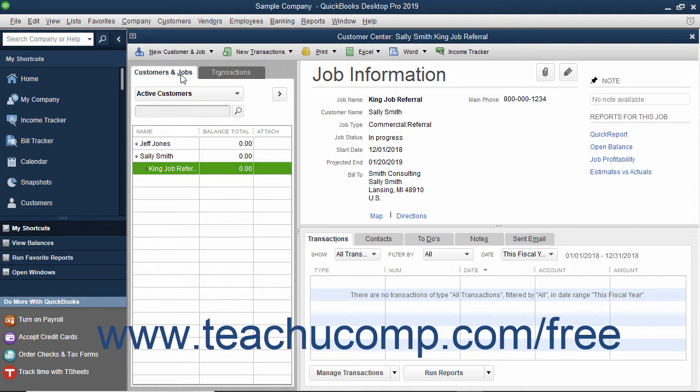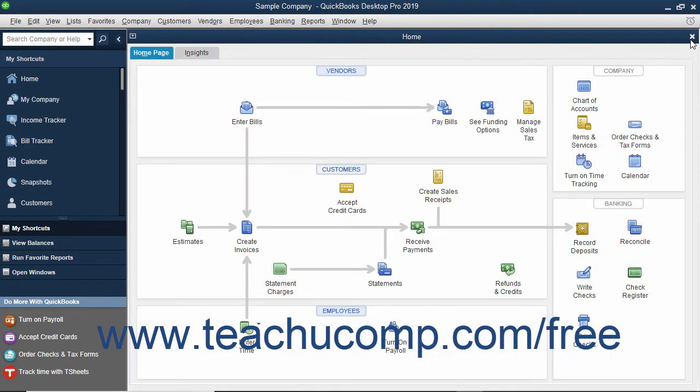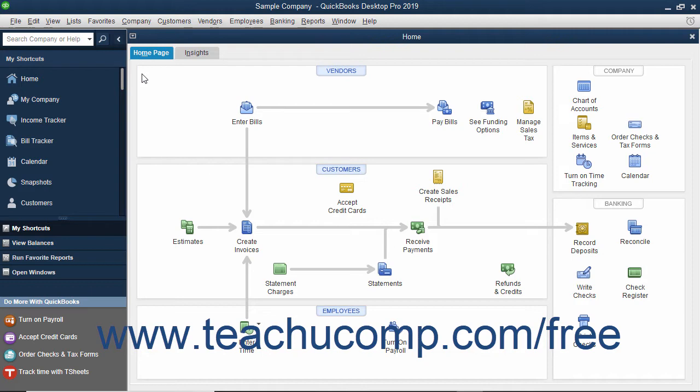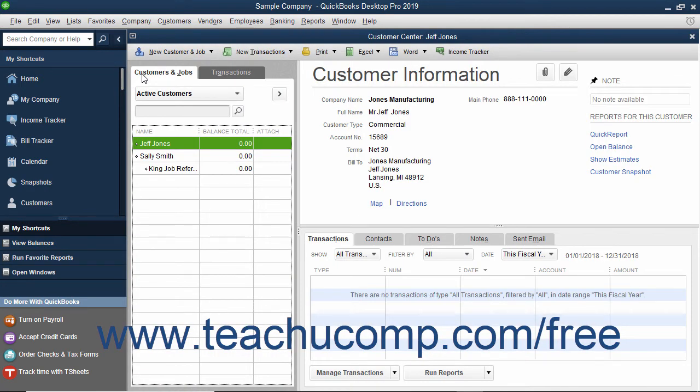To add a new customer to the Customers and Jobs list, first open the Customer Center. You can do this by clicking the Customers button that appears within the icon bar, by clicking the Customers button in the home page, or by selecting Customers, Customer Center from the menu bar. You can also use the keyboard shortcut of Ctrl+J to open the Customer Center and display the Customers and Jobs